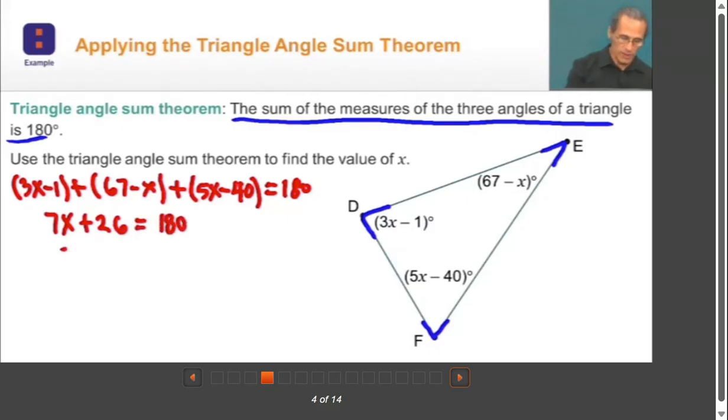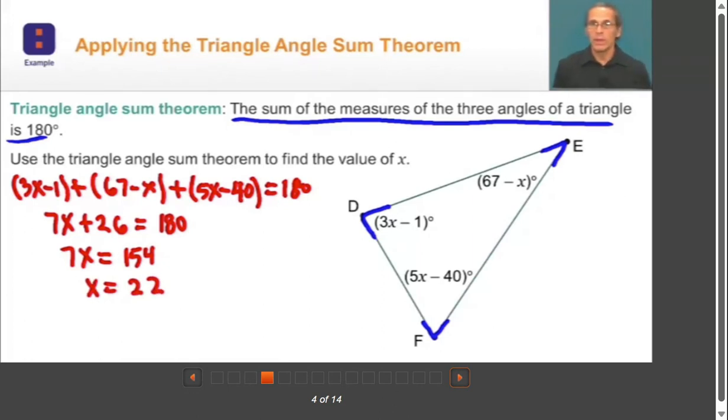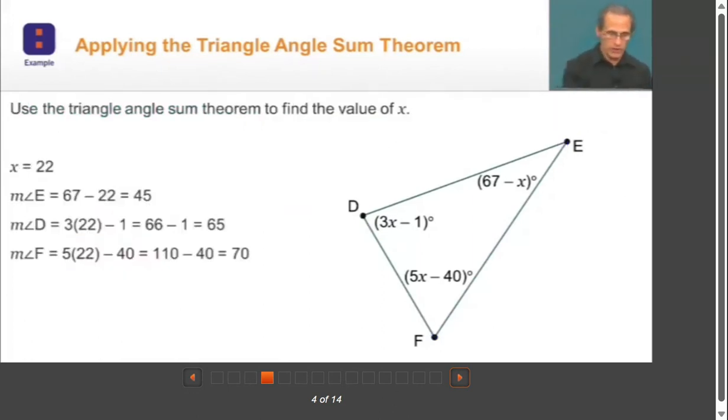Using algebraic properties, we can write 7x is equal to 154. If I divide both sides of the equation by 7, I find x to be 22. Now, once I know x is 22, I can find the measure of angle E, because that would be 67 minus 22, which is 45. I can find the measure of angle D, because 3 times 22 minus 1